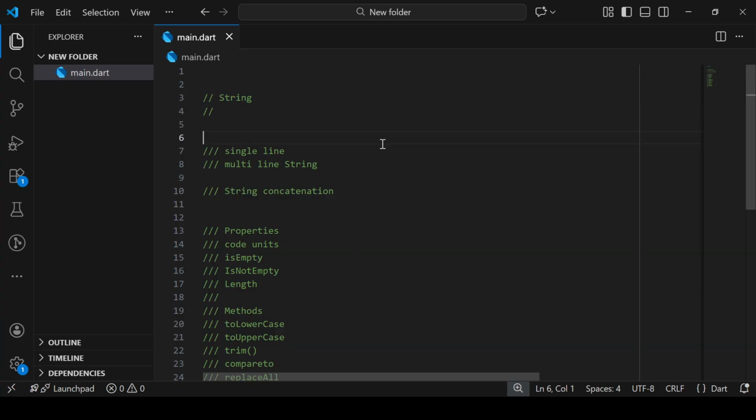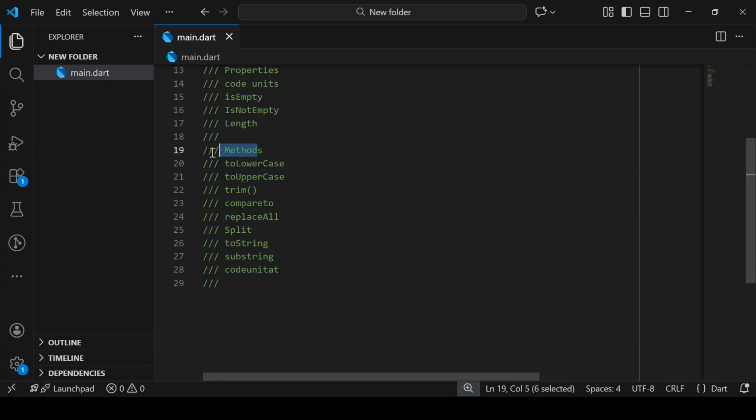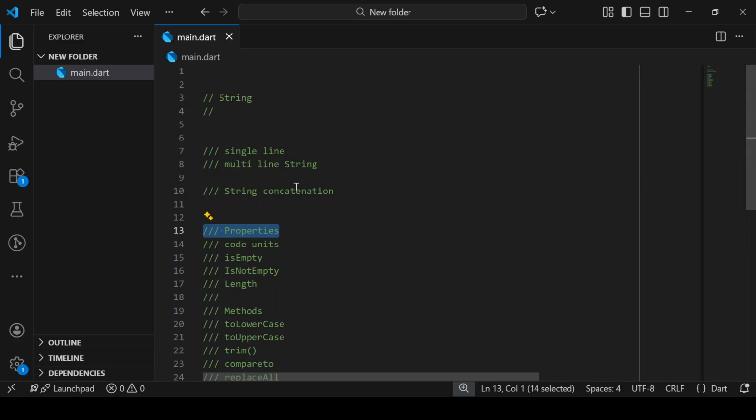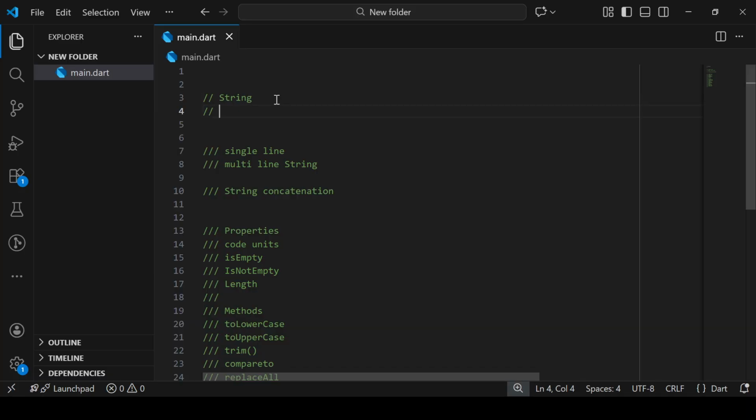Now we start and move to another topic. The topic is string. I already wrote these topics, just methods and properties, for saving time. Okay, so we have string. I already talked about string, but here,